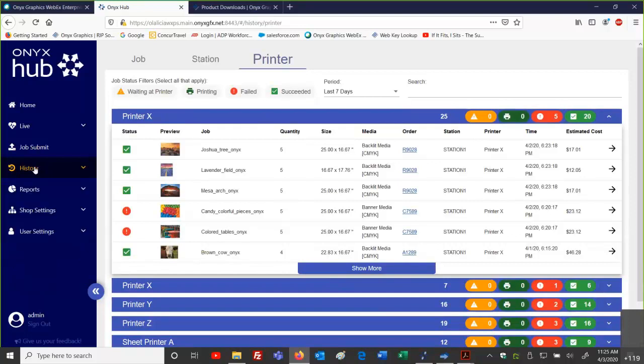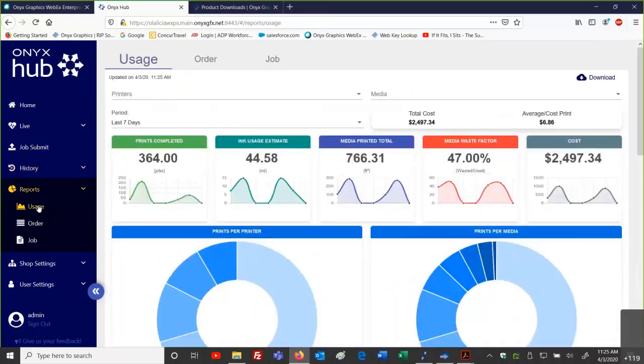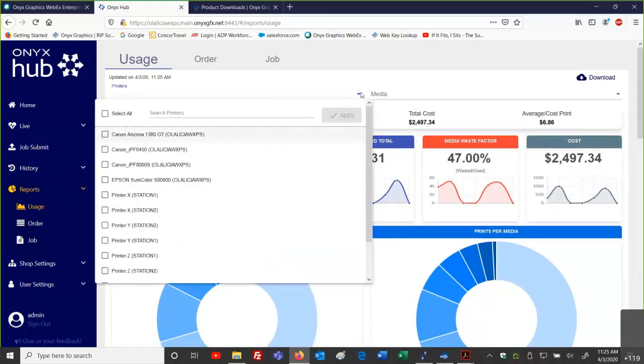If I go from history to reports, now I go to usage. And here, if I wanted to specify a certain printer, I can track this. I'm going to go to one of my populated data where I have a different printer station.